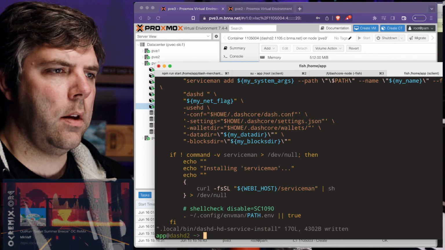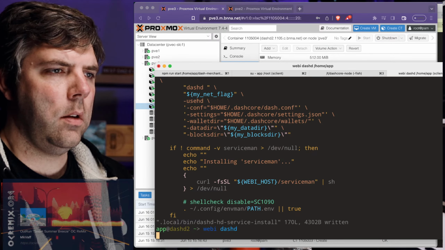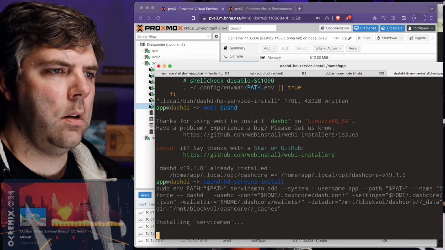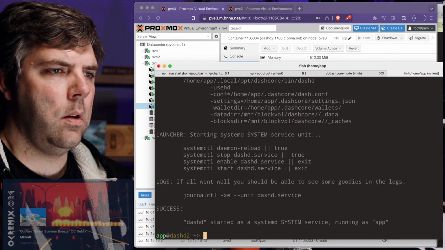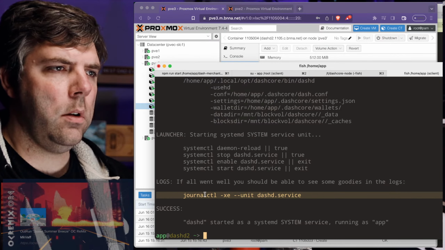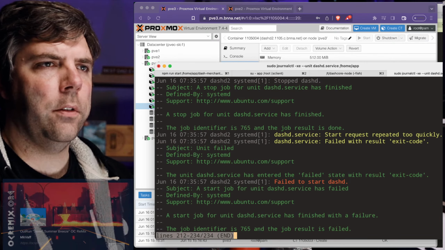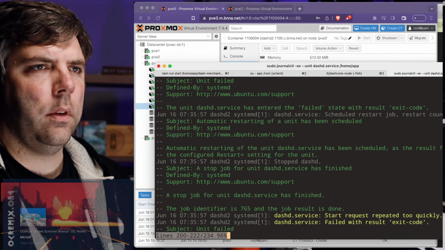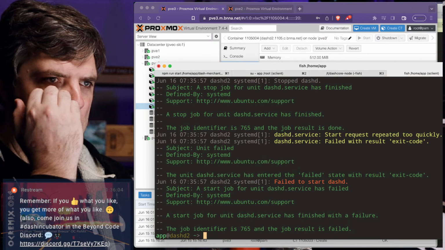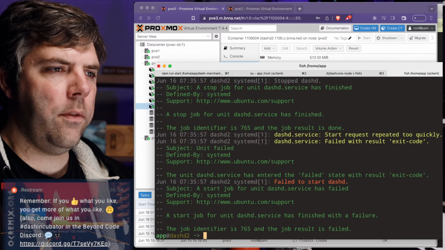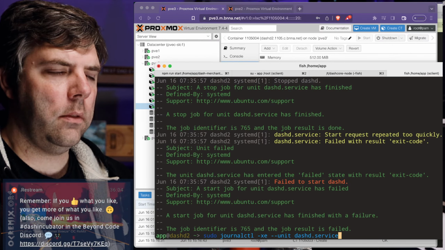Fix it there. And let's check and see if it worked. Failed. Okay. Not too unexpected. Would have been nice if it had worked. Let's see why it failed, if we can.